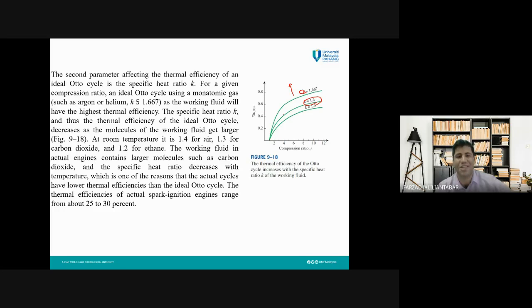Generally, the K which we have is equal to 1.4. Why? Because this is the specific heat ratio for the air at room temperature. In other words, the temperature in the environment is a limitation for the working of the engine,